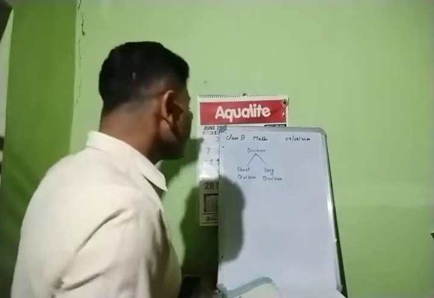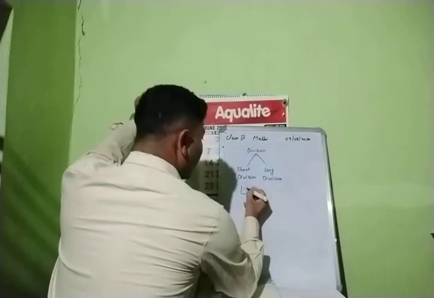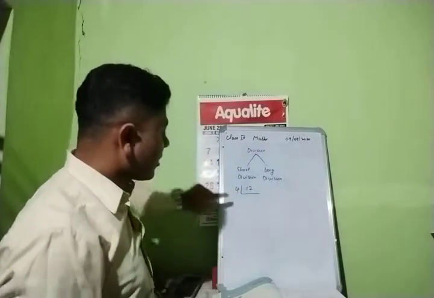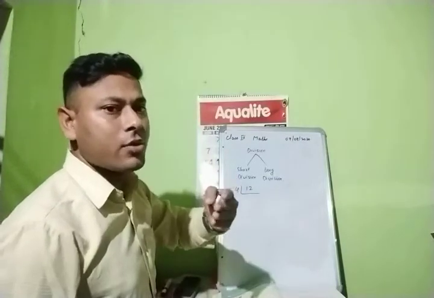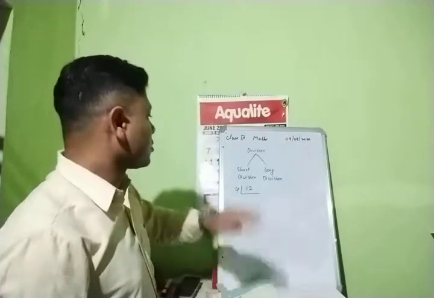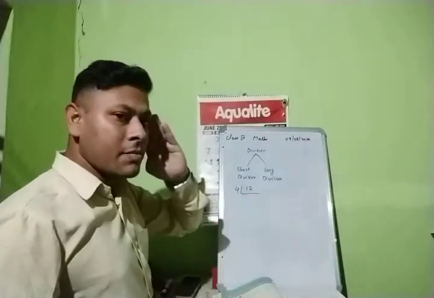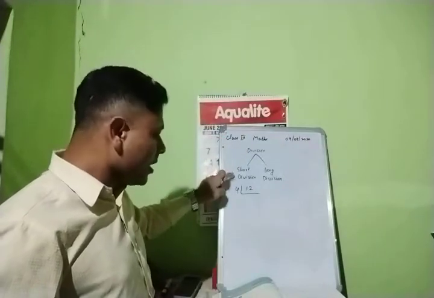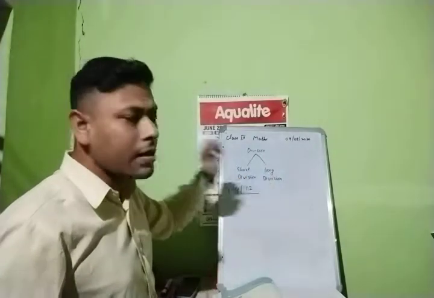Right. Short division means what? Any number will be given. Suppose 12 and here it is 4. Short division is also known as the LCM method, which you will learn when you go to the higher classes. Till now you are in class 3, so just remember this. This is the short division method, and this is the long division method.